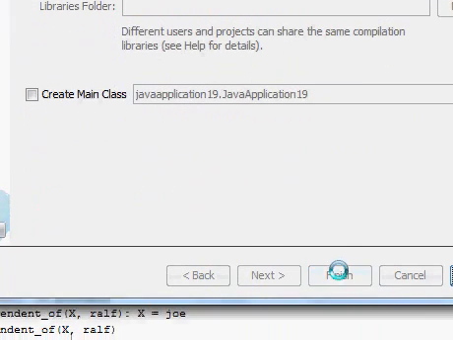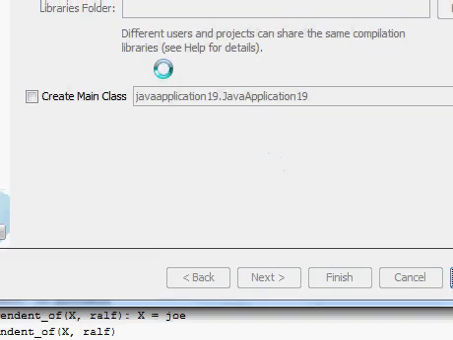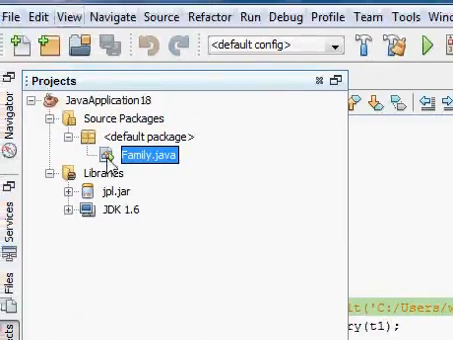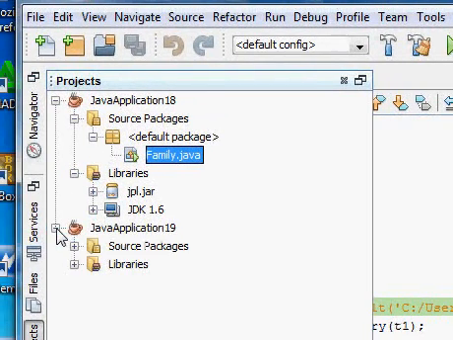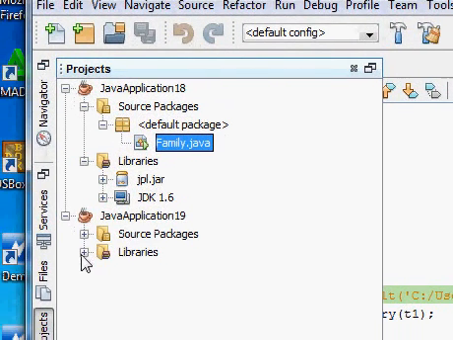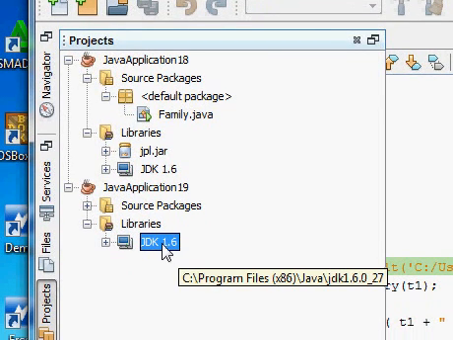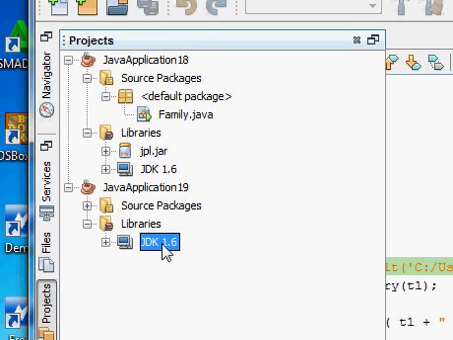I just finish this so that the project is created and displayed in my project browser window. You can see in the library I have already changed this time to JDK 1.6. This is the exact version of Java with the correct bit width. It means if you are using 32-bit Prolog, then you have to use 32-bit Java, otherwise you have to use 64-bit. Both